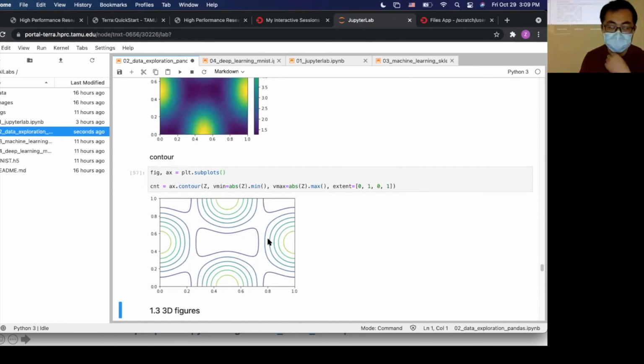So it gives you what is called a contour line, and each contour line has the same value.